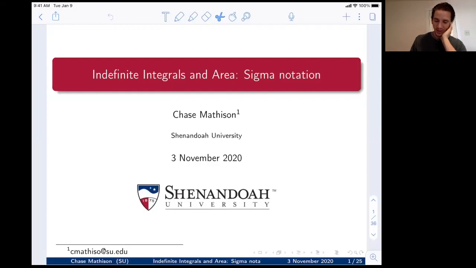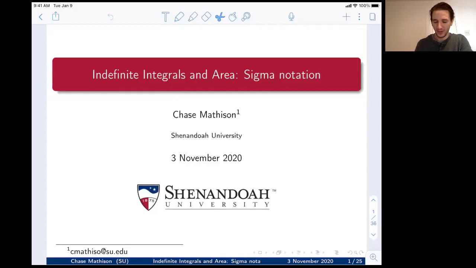Today I'm going to be talking about indefinite integrals and area, and specifically I'm going to get into a little bit of sigma notation, which we'll talk more about on Thursday, specifically in the context of finding the area